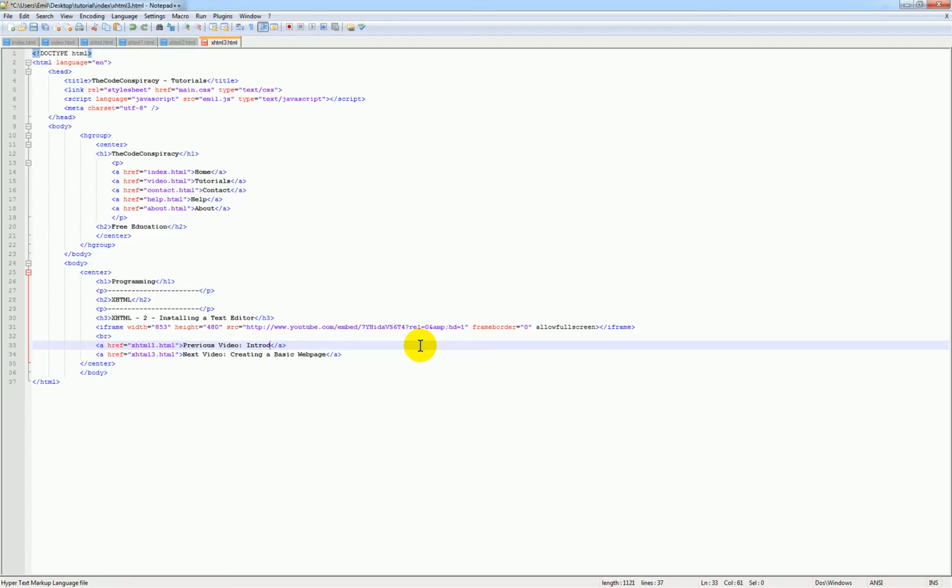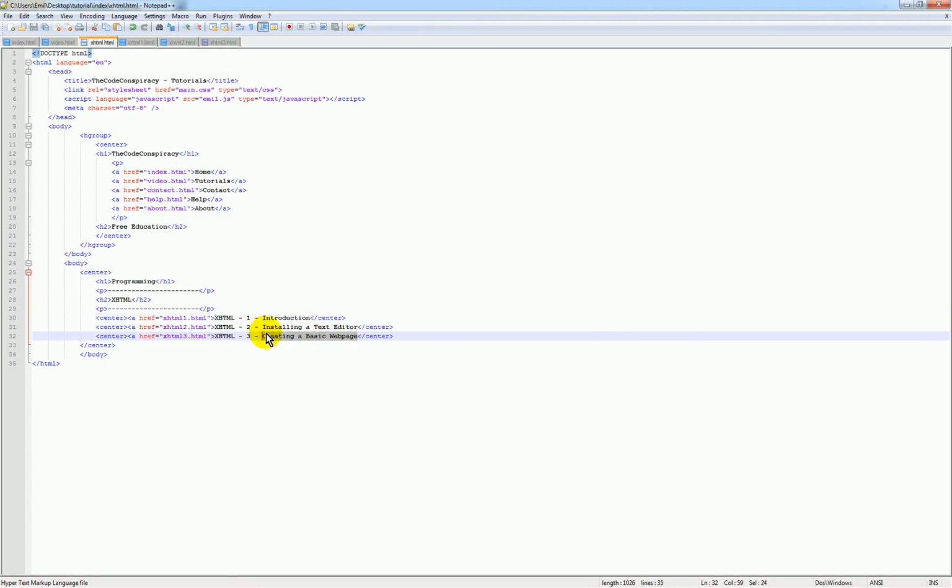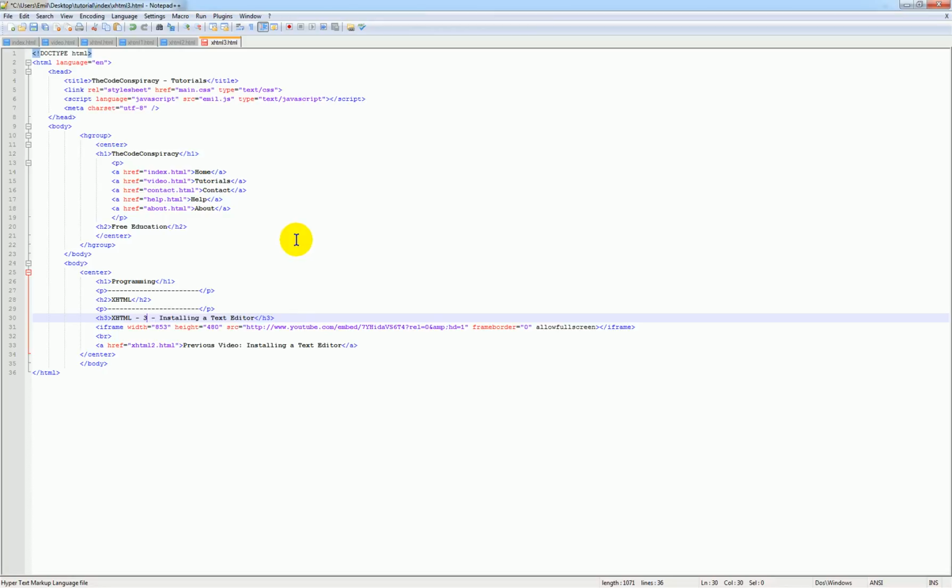The previous video was installing a text editor, right? Alright, so what video was that? That was XHTML2, not 3. Alright, so there's no next video on this one. Right, so what is the name of this one? Just to be doing it correctly, that's creating a basic website, right? Alright, so if we save this and go ahead and run this, we should have a basic finished